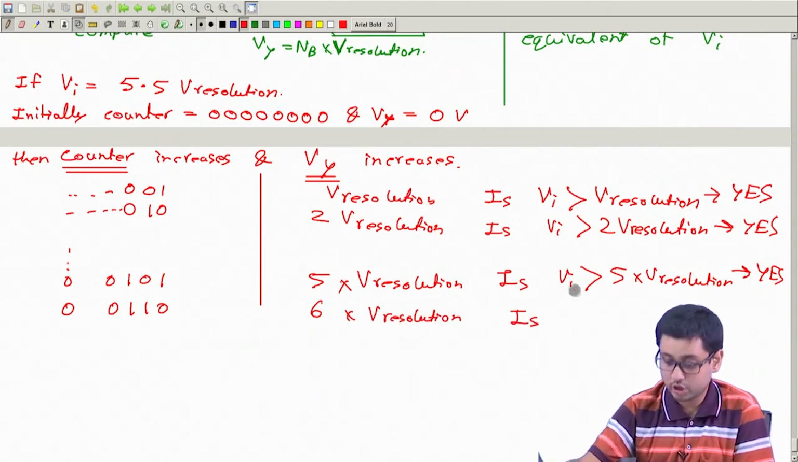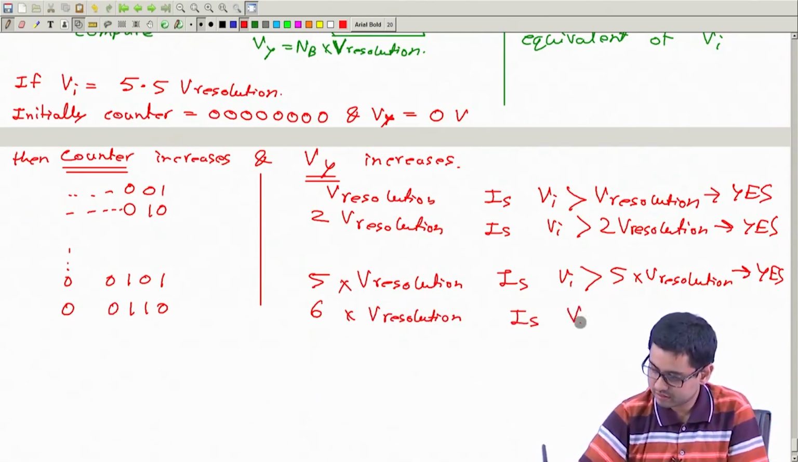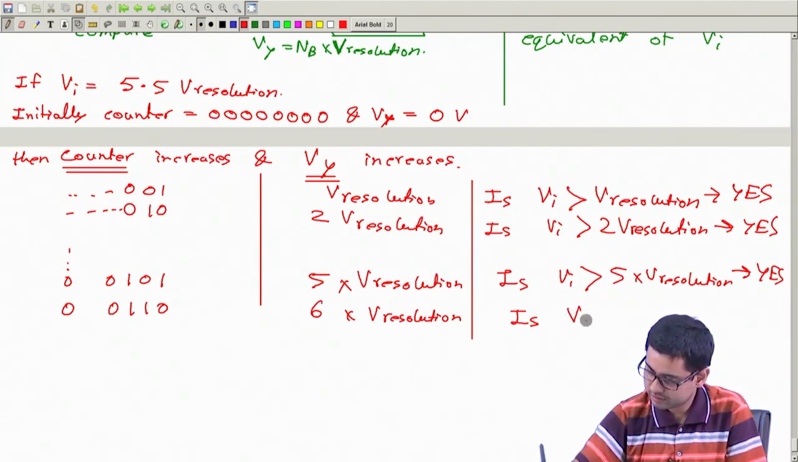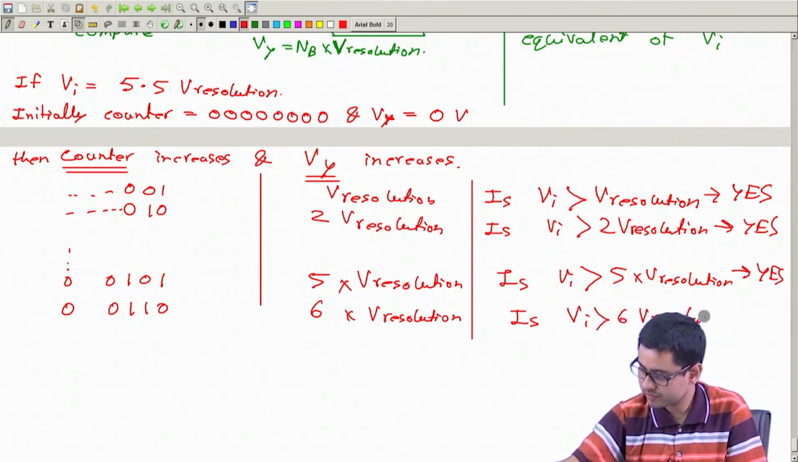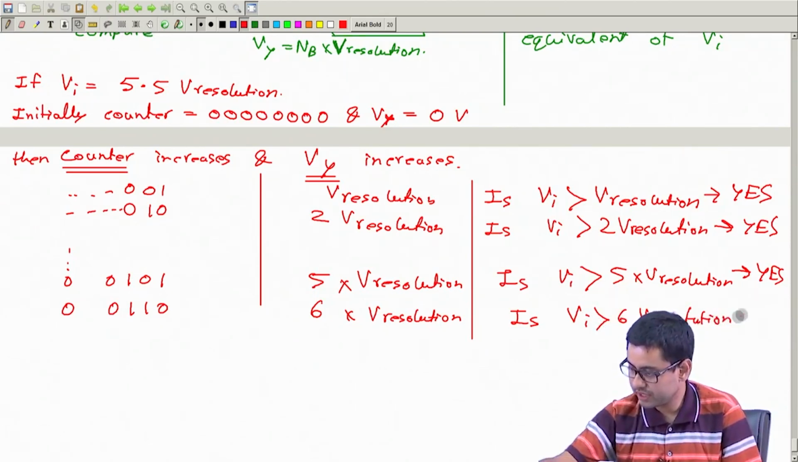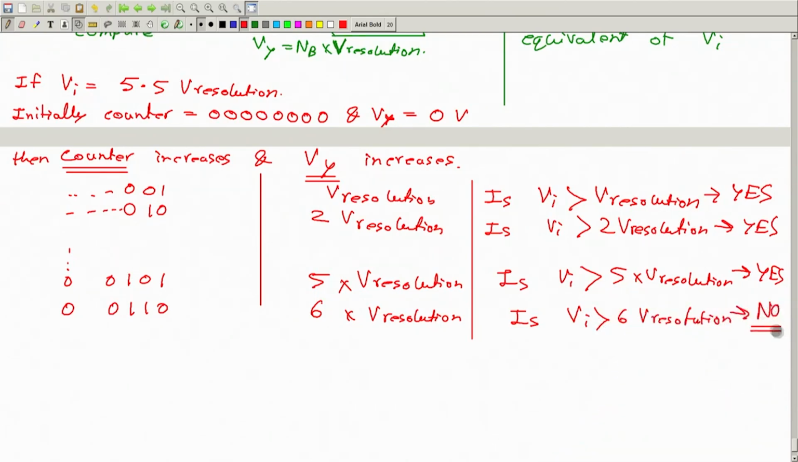We will ask, the comparator will ask, resolution. The answer is no. This time the answer is no. So, the counter stops